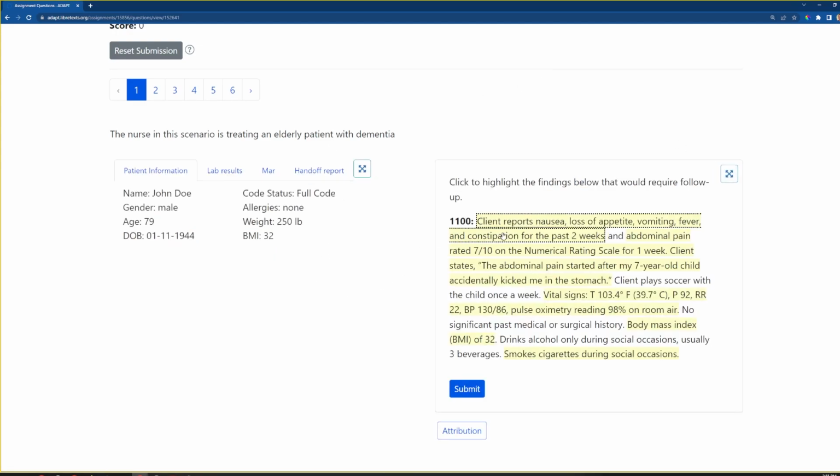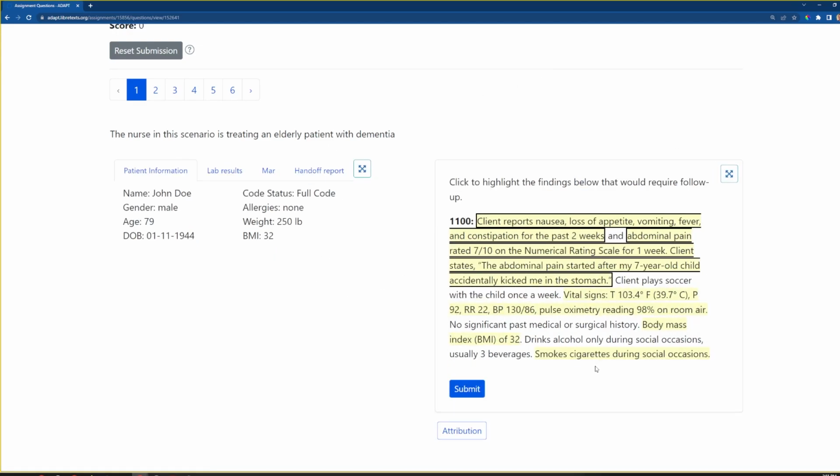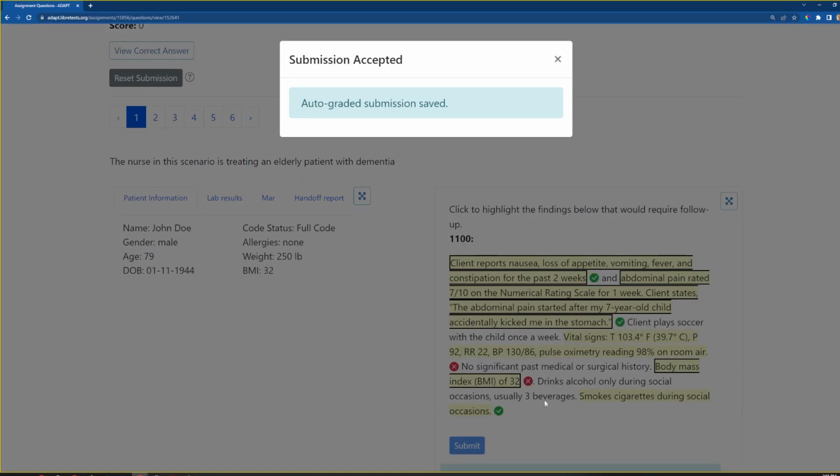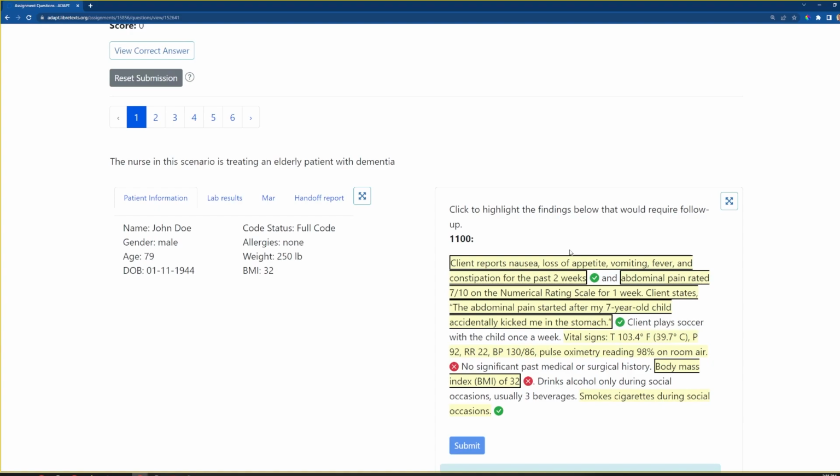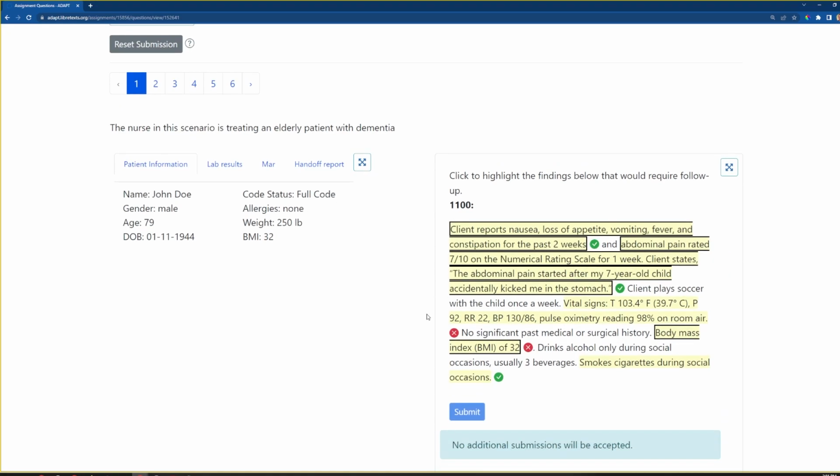But then the learner can go through, they can indicate their answers. I'll indicate some here. Click on submit, and then you can see down below it's indicating to me where I made correct choices and where I made incorrect choices. And I'll highlight here that